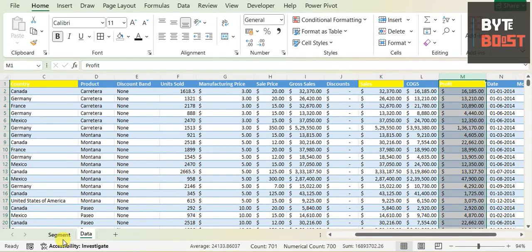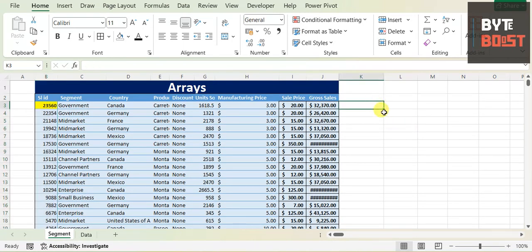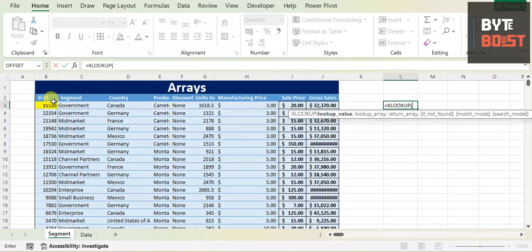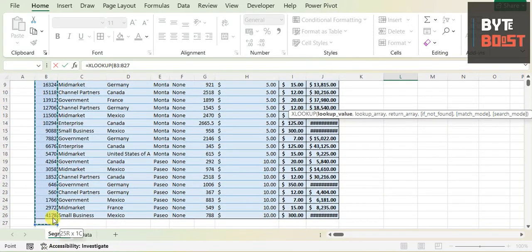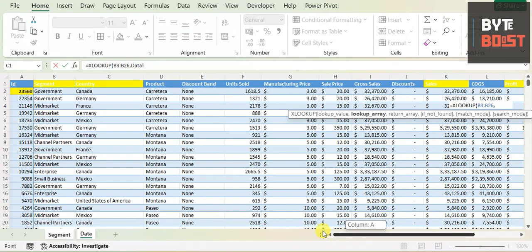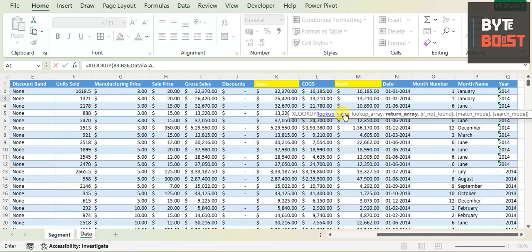So now if we go to the segment once again, here what I'll do is I'll take XLOOKUP and I'll select this entire section of column, and then I'll go to this data sheet, and in this data sheet I have to tell XLOOKUP where my reference is. So this is my reference, and it asks where you want the answer from. So simply we will select this profit column and